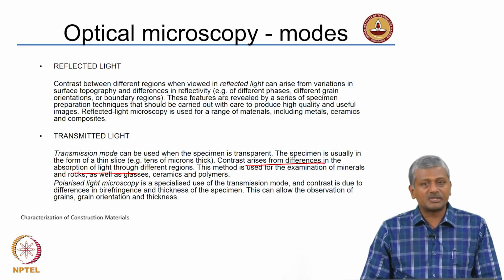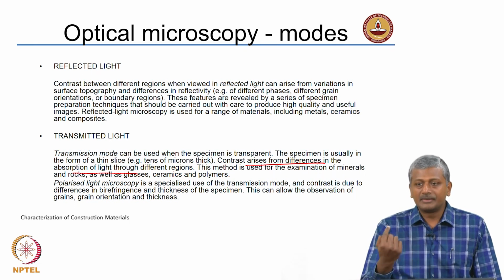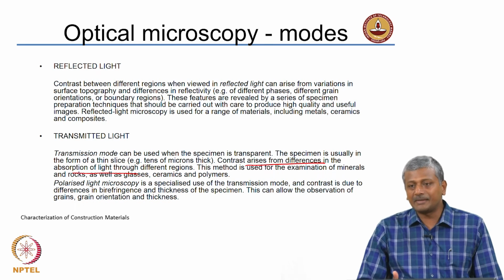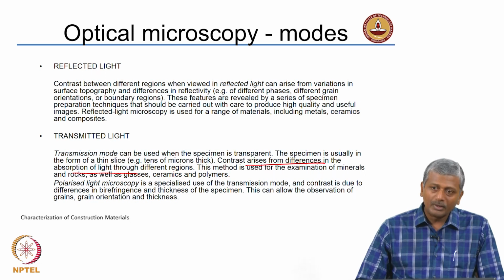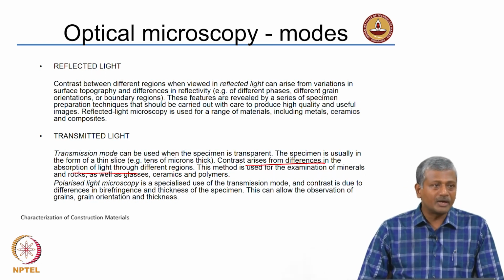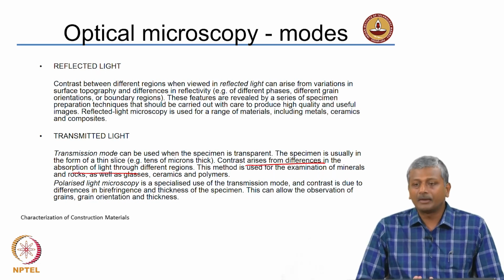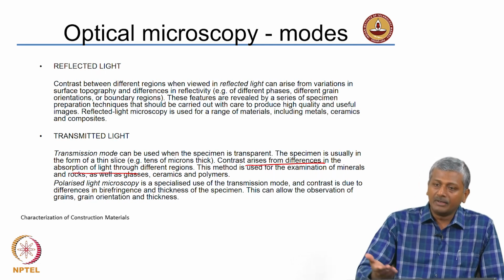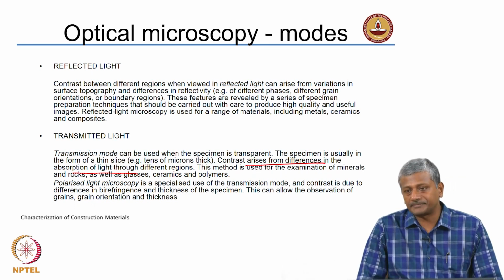For example, later you will see that in scanning electron microscopy, we can get some sort of a compositional analysis or elemental analysis by looking at the X-rays that come out of specific features on the sample. But the same thing cannot happen in the case of optical microscopy. We are only dealing with how light is passing through or reflected by the different phases. So, while this can tell us some things about the material, we can't really do a complete identification unless we have reference patterns available for different plain or pure materials.